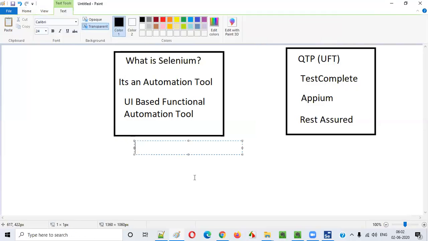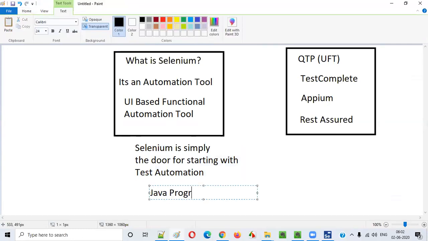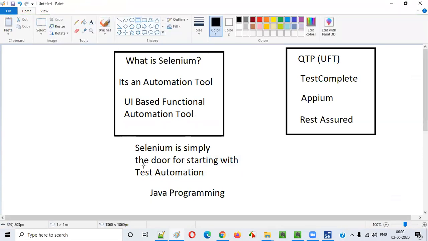So Selenium is simply the door for starting with test automation. If you want to start your automation journey, I recommend you start with Selenium, and that too with the Java programming language. Selenium and Java programming are very much required. This should be the starting point, guys.